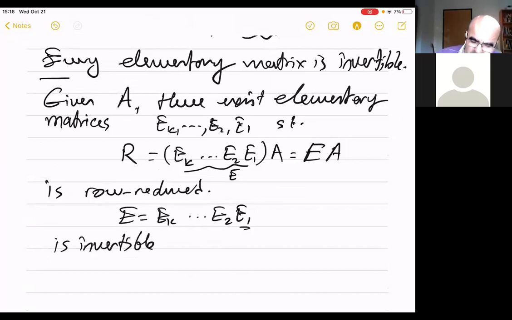The reason is that each one of E1, E2, up to Ek is invertible, so that E is invertible. So therefore, given a matrix A, there is an invertible matrix E such that their product